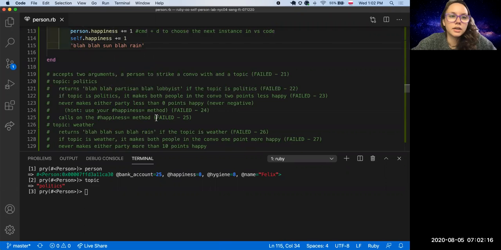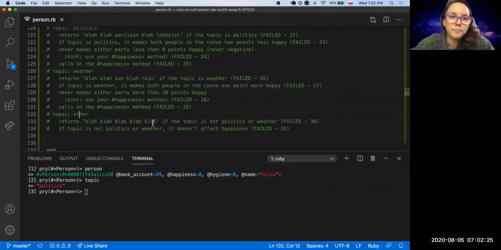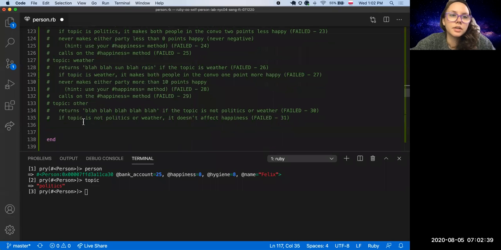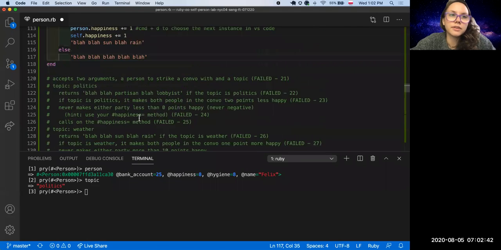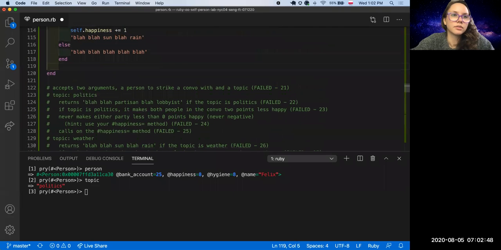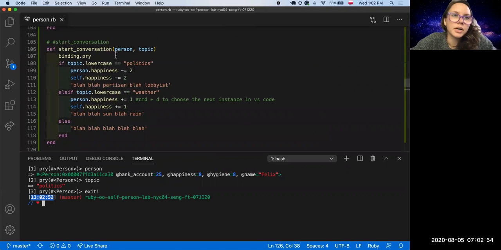Okay. And now, is there like a third statement? Okay, topic other. So is it actually the other topic, or is it just all the other cases? So let's see, it returns blah, blah, blah, if the topic is not politics or weather. So I would assume that this is a call for else. So this is returned if topic is not politics or weather, it doesn't affect happiness. Okay, and we need, I think, one more, or no. Okay. Let's see, do we still have a binding.pry? Okay, so